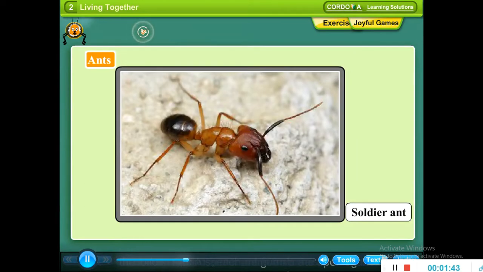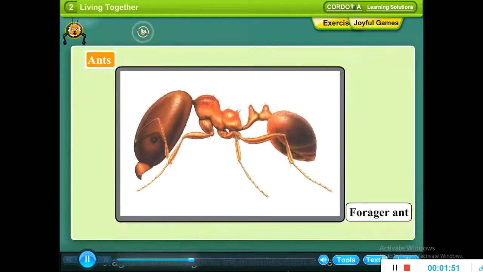Soldier ant. A soldier ant guards the opening of the nest to prevent enemies from entering. Forager ant. A forager ant leaves the nest in search of food. When it finds a large amount of food, it returns to the nest and leads other forager ants to help carry